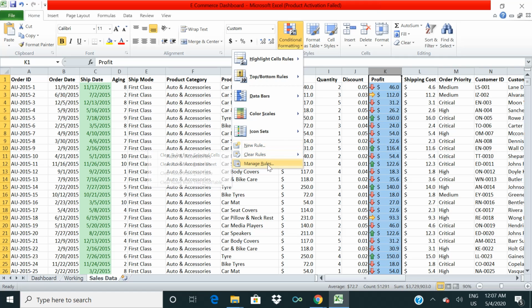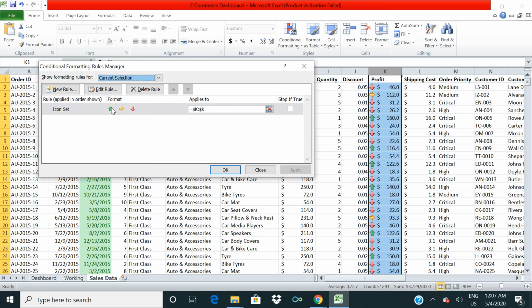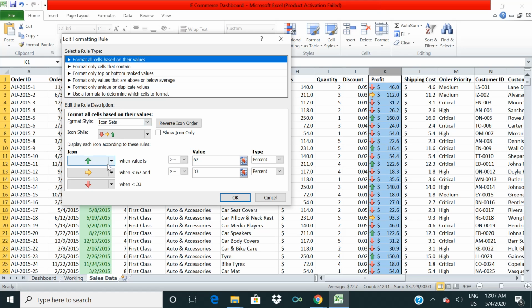Go to manage rules. Now select this icon. Here you see these icon sets are displayed depending on the percentage. But as I mentioned, I want to see values having more than 100 and values having less than 50. So I want to select number, not percentage.